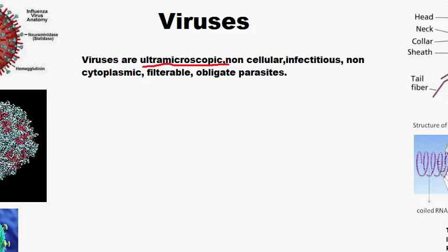An organ system should contain organs, and more than one organ system come together to form a body. So a body must contain organs, but here it is a type of organism that does not contain any type of organelle, so we do not call it a cell at all. Neither membrane-bound organelles nor non-membrane-bound organelles, nothing is there.